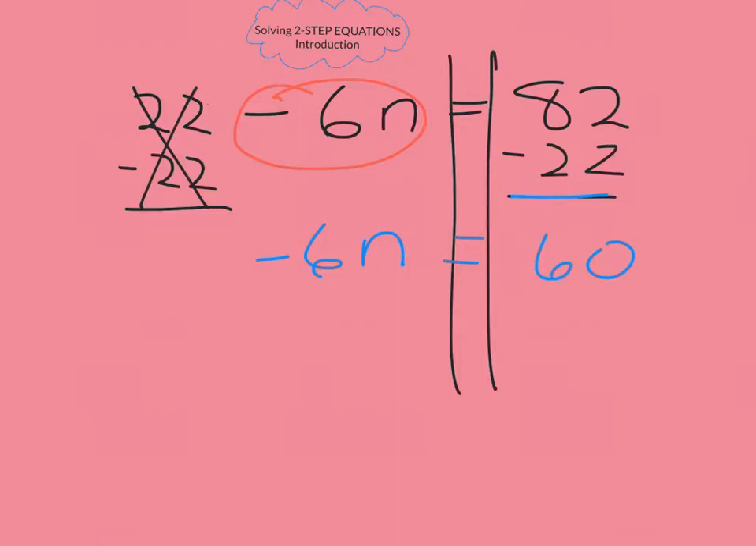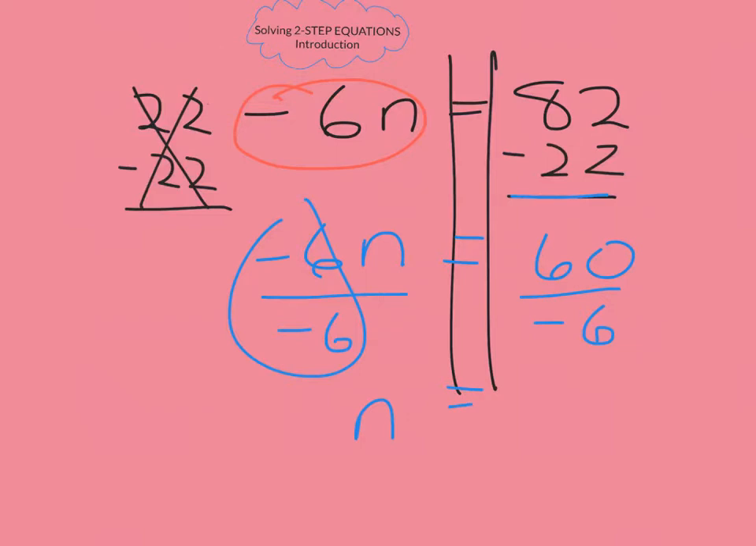So now I just have the one term, and I have the negative 6n. So I need to get rid of the negative 6 and turn it into 1. So since negative 6 is being multiplied to n, I can do the opposite. And I'm going to divide by negative 6. So I'm going to divide by negative 6 on this side. This just turns into 1. So really I have 1n, or just n, equals